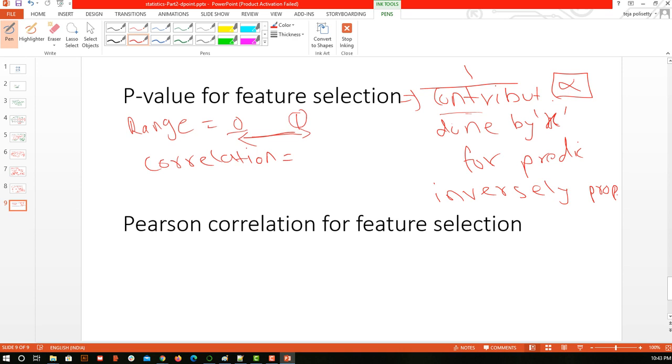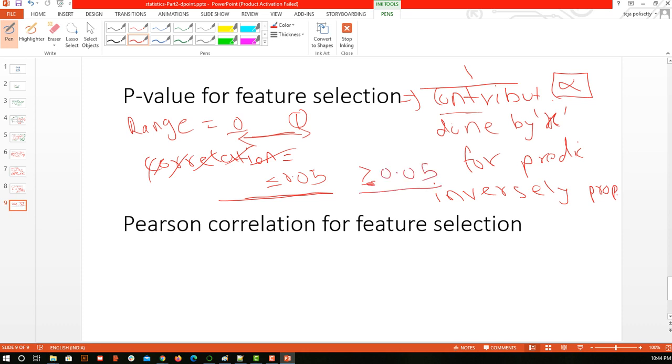So here it is nothing like correlation, but we simply find how much contribution is done by a column to the output. Here we have something called significance, or confidence intervals. We have a value called 0.05, which is known as the statistically significant value. If a p-value is less than or equal to 0.05, then we should consider that it is contributing a good amount to the prediction. But if it is greater than 0.05, then we can simply remove it.